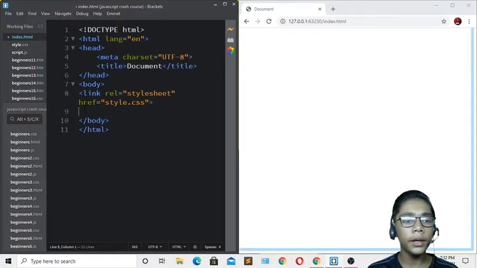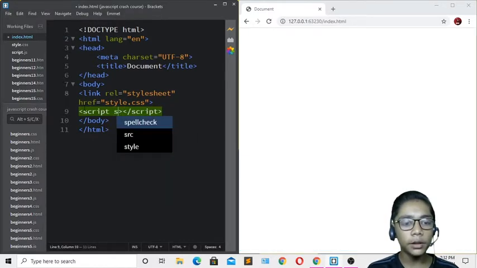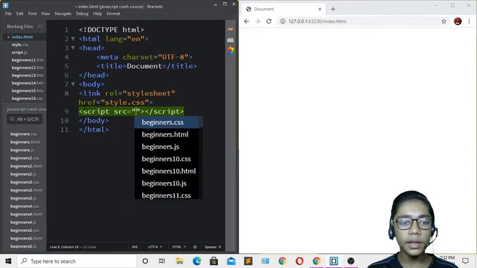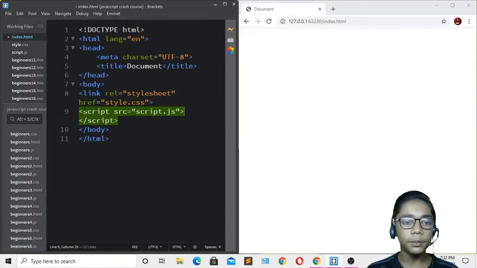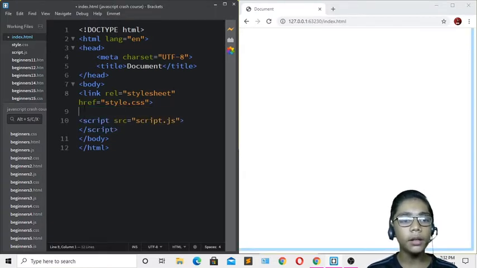When you've defined that, you have to come over here now, and I'll be defining my JavaScript file name. So first of all I'll be writing a script tag over here, then pressing tab. Then after the script tag, src means source, then I'll be writing script.js, which is my JavaScript file name. When you've done that, you have to come underneath your link tag, and over here I'll be writing all the HTML tags which I want.